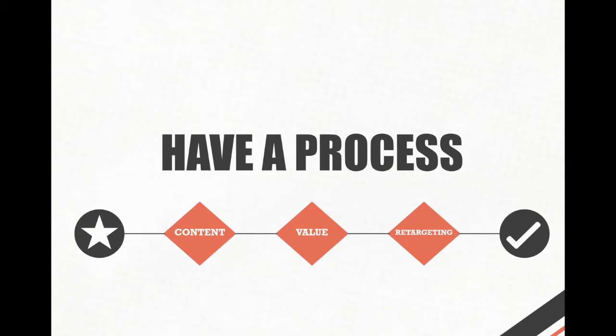Next, you need to have a process. Okay, so we've kind of laid out who we want, how we help them, and now we need to have a structure or a process of how we're going to get them from not having it to having it. So the star on your screen is not having it, and the check mark is having it. You want to look at this process as 3 different pillars, and you're going to use these 3 different pillars for your content. You literally will take each pillar and create content around those 3 pillars.